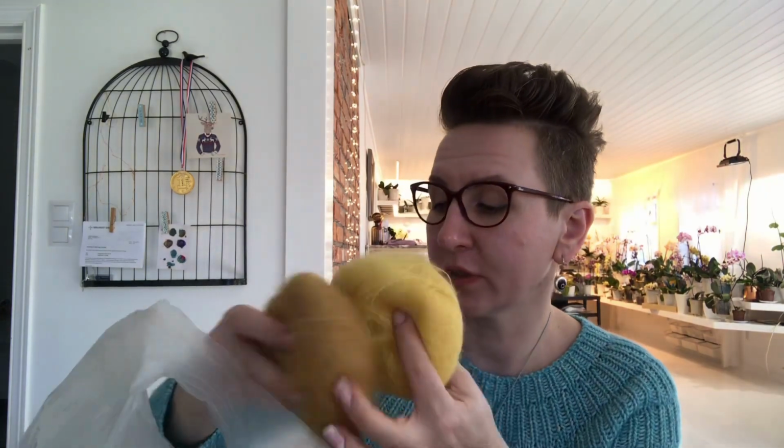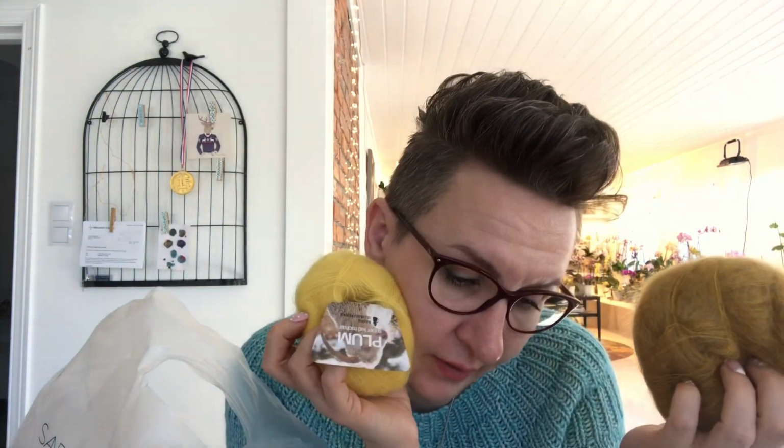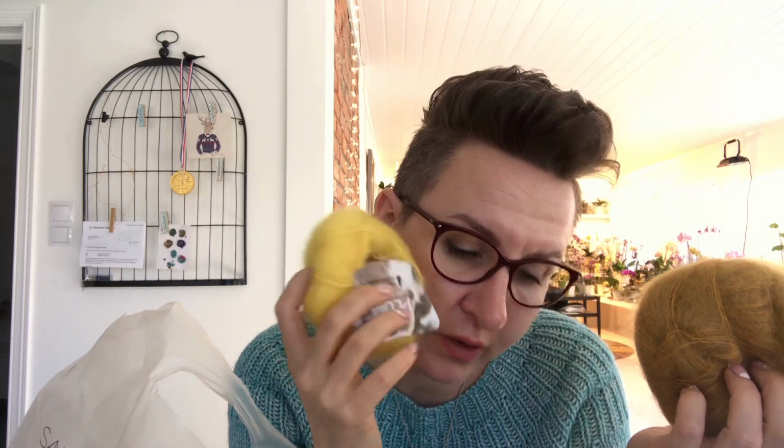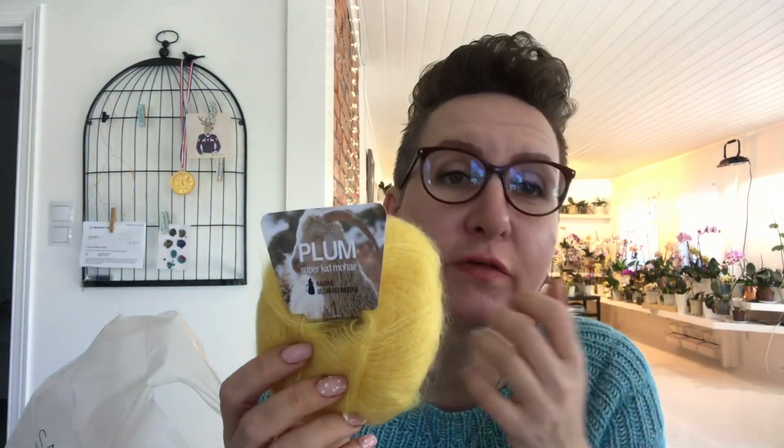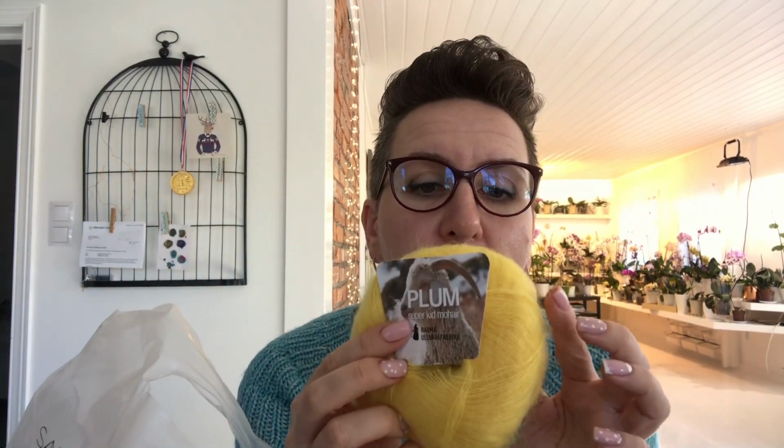And then I bought, it was also on discount, one ball is €8.60. It's Rauma, not Sandnes Garn. It's another very big yarn company in Norway, and they produce really good quality yarn. And this is their mohair. It's typical mohair, 70% kid mohair and 30% polyamide. It's not on silk, but it's such good quality that I love it so much. I have maybe 4 sweaters knitted in this